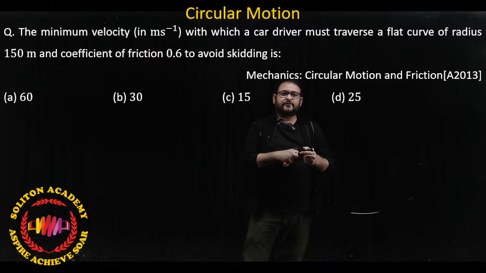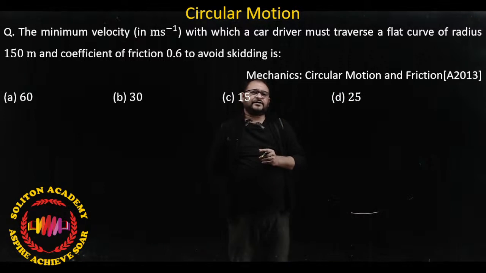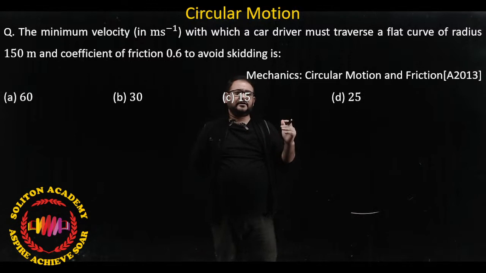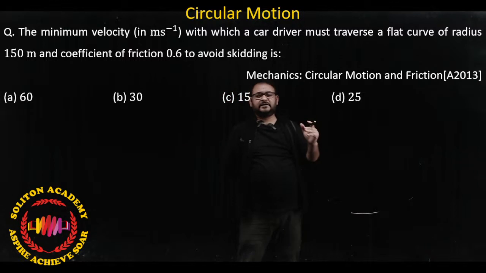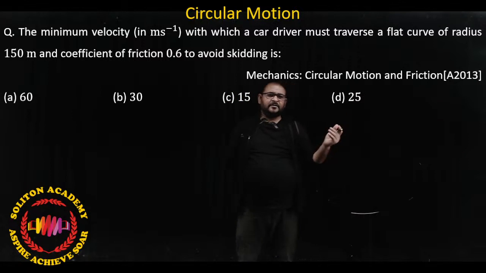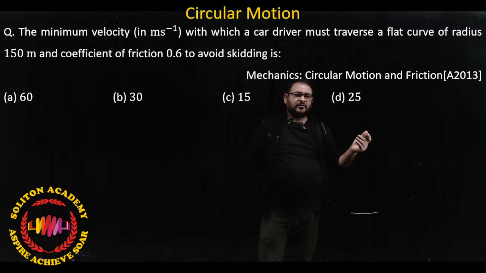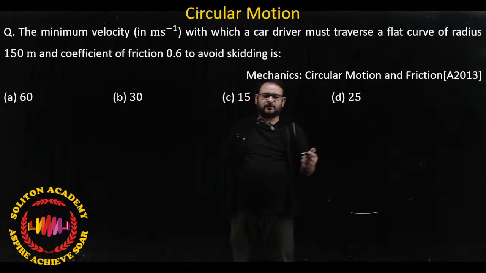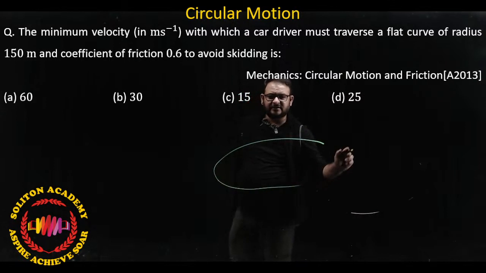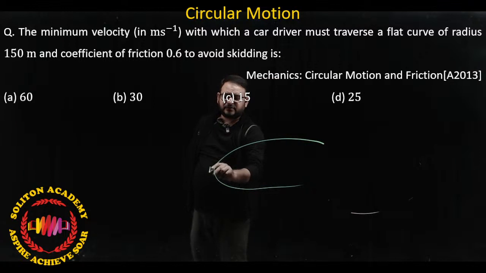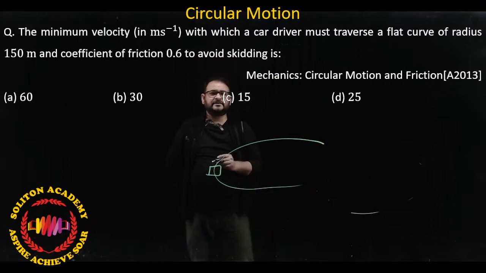ओके, सो लेट्स फोकस ऑन दिस क्वेश्चन. The minimum velocity with which a car must traverse a flat curvature of radius 150 meter and the coefficient of friction 0.6 to avoid skidding. और देखिए यहाँ पे क्या है, एक फ्लैट रोड है ना, और वो भी कर्व्ड रोड है. तो देखिए कोई भी चीज़ अगर कर्व्ड रोड पे है, सपोज दिस इज द कार एंड इट इज टेकिंग द टर्न,